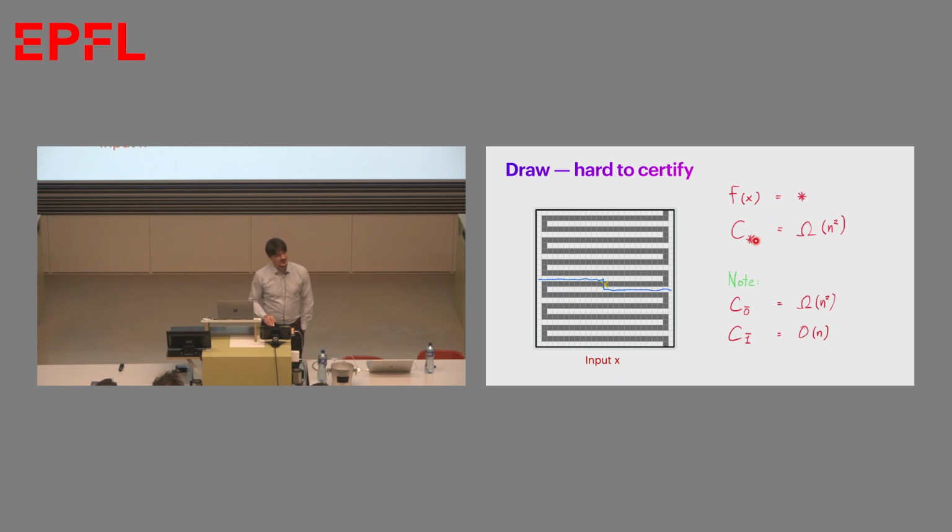So what does it mean to certify something's a draw? You have to really certify two things. You have to certify the 0th player doesn't win and that the first player doesn't win. So I introduced these two notations for the certificate complexity of ruling out one player winning. And in this input, it was already hard to certify the 0th player didn't win. The proof I gave you really says, just to rule out the 0th player, you had to look at most